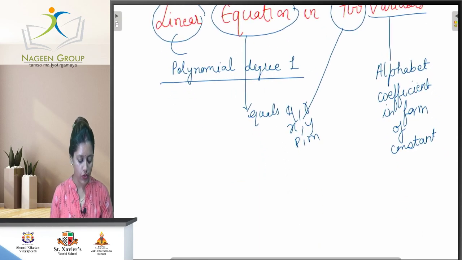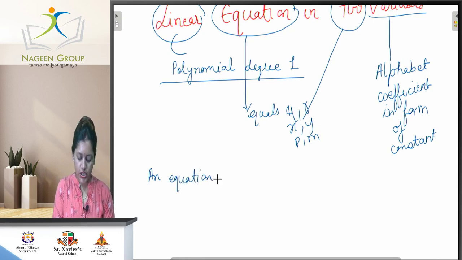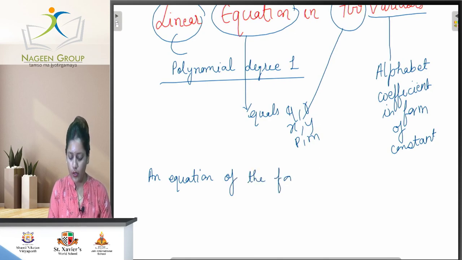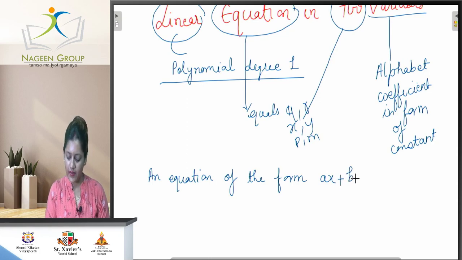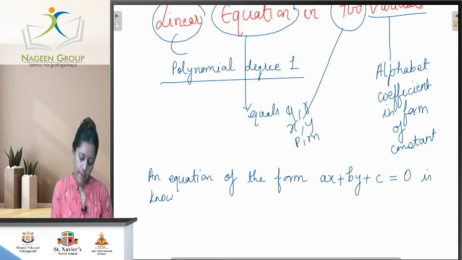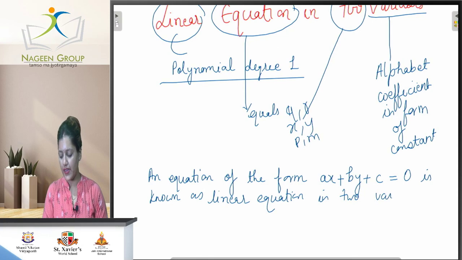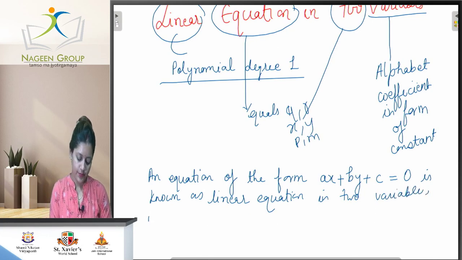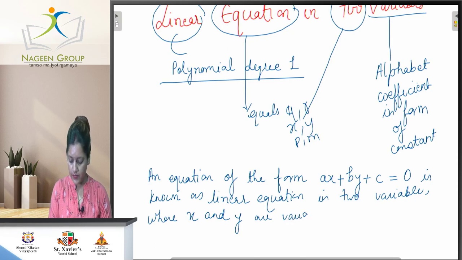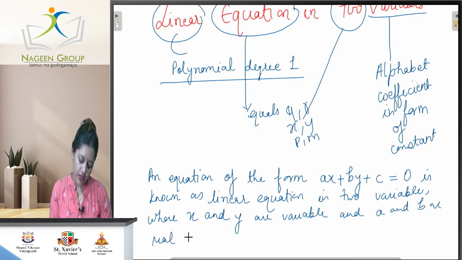First you have to learn that an equation of the form ax plus by plus c is equal to 0 is known as a linear equation in two variables, where x and y are variables and a and b are real numbers,